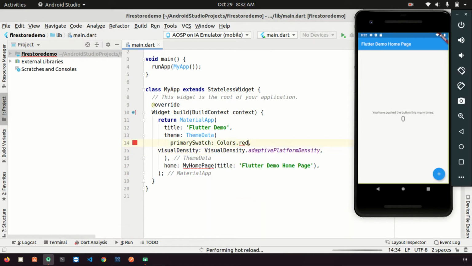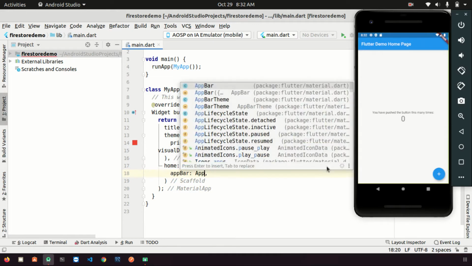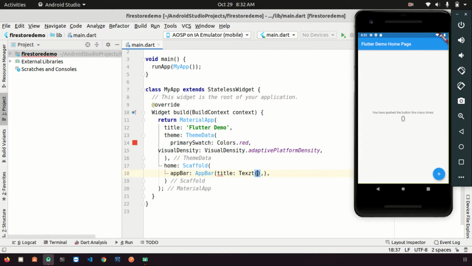If you want to change the color, you can change it. And I'm simply going to take a simple scaffold, app bar, title, text, Firestore demo.